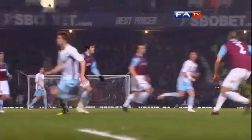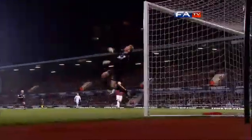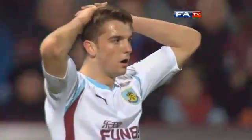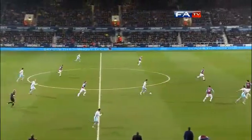Yes, absolutely. Some poor defending from Winston Reid here. Ball looped into the box. He should be clearing that. But Rodriguez there. Great opportunity to test Robert Green in a better way than he did, and perhaps should have put Burnley one up. And Robert Green was certainly a busy man in that first half, as first here Ross